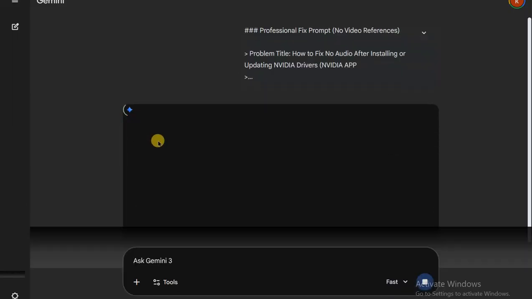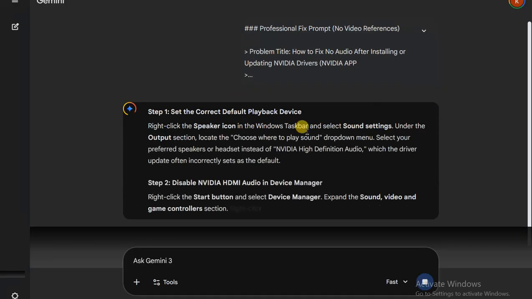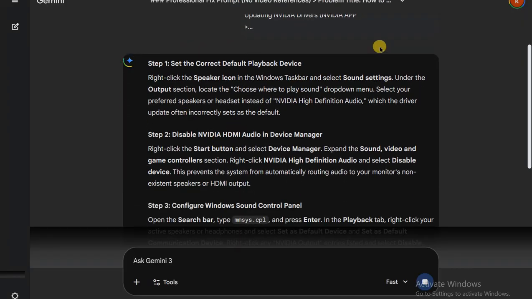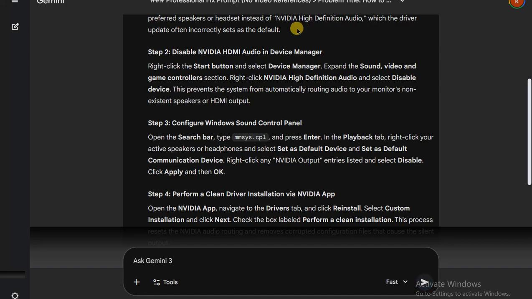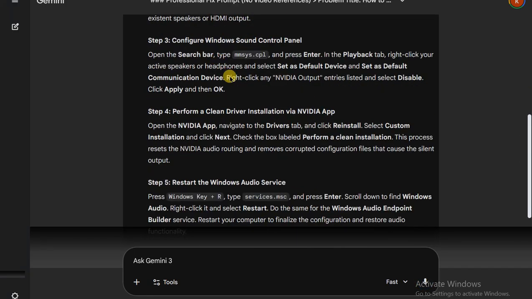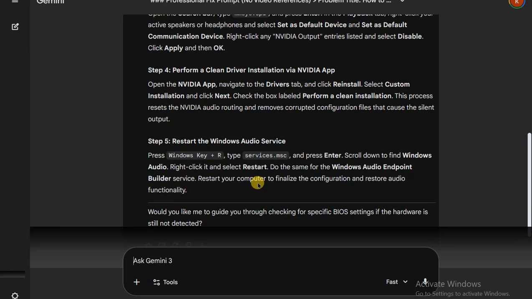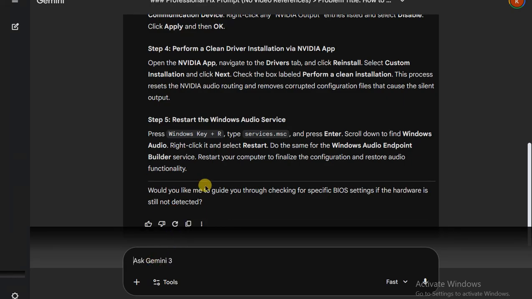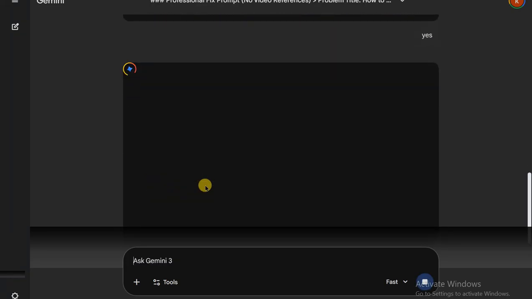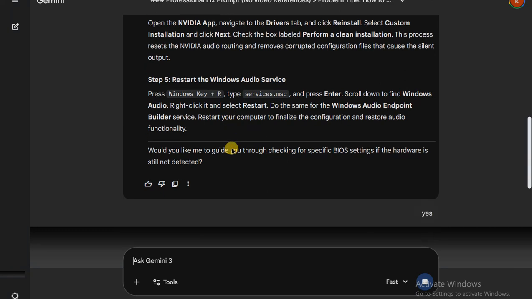I have a secret easy trick that involves a quick trip to your sound control panel to disable the NVIDIA high-definition audio device and force Windows back to your real speakers. This simple change tells your computer to ignore the graphics card for sound and use your actual headset or desktop speakers instead. It only takes a few seconds and works perfectly every time the NVIDIA app tries to hijack your